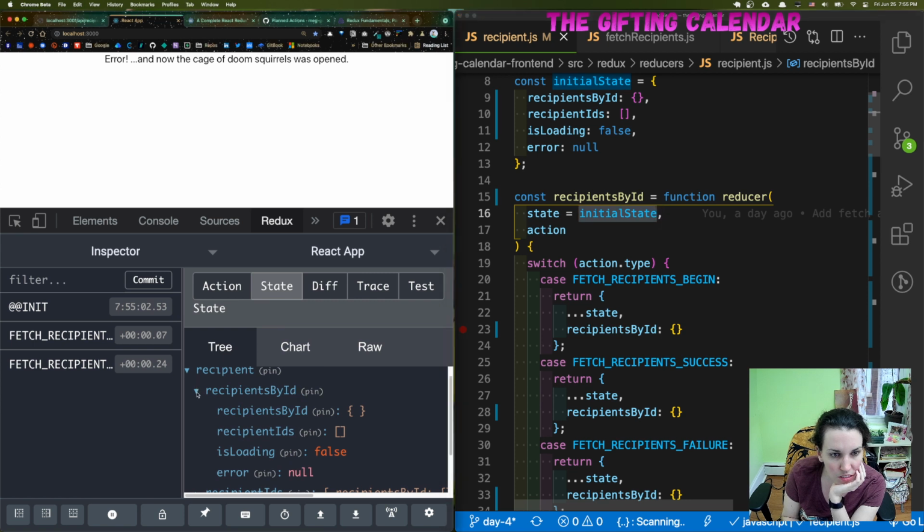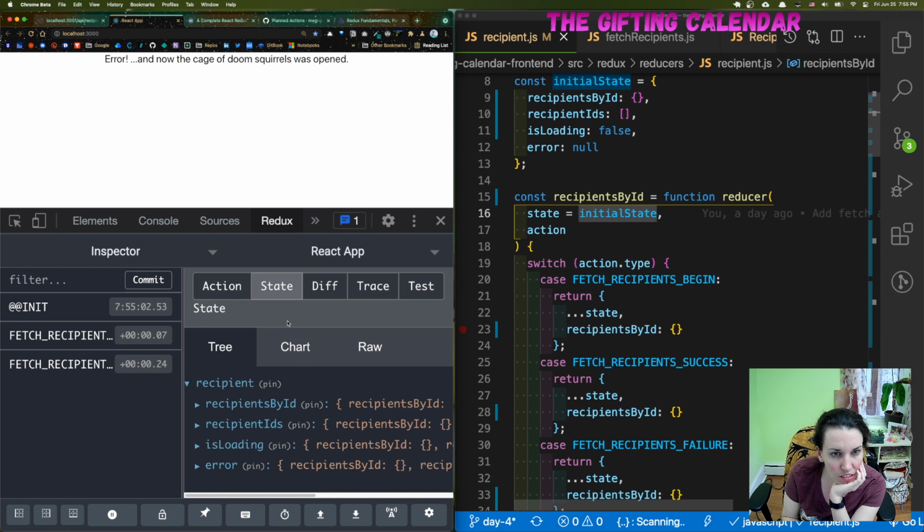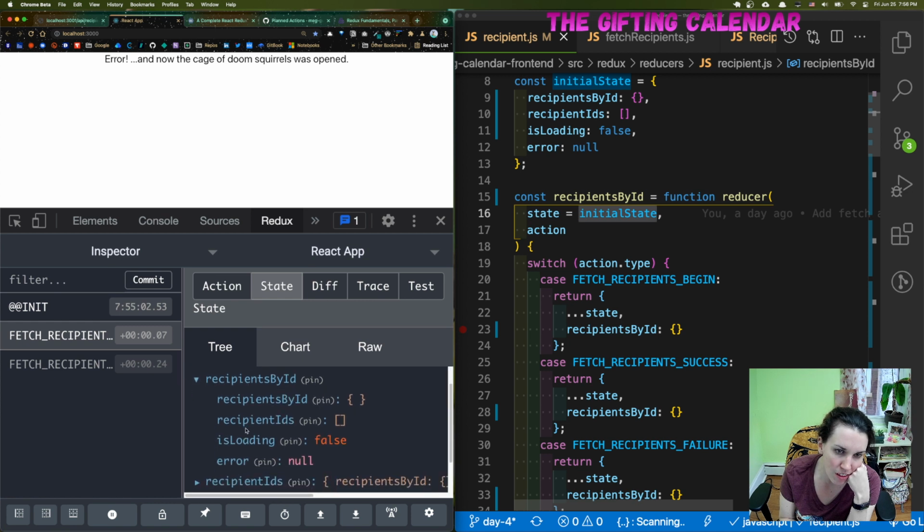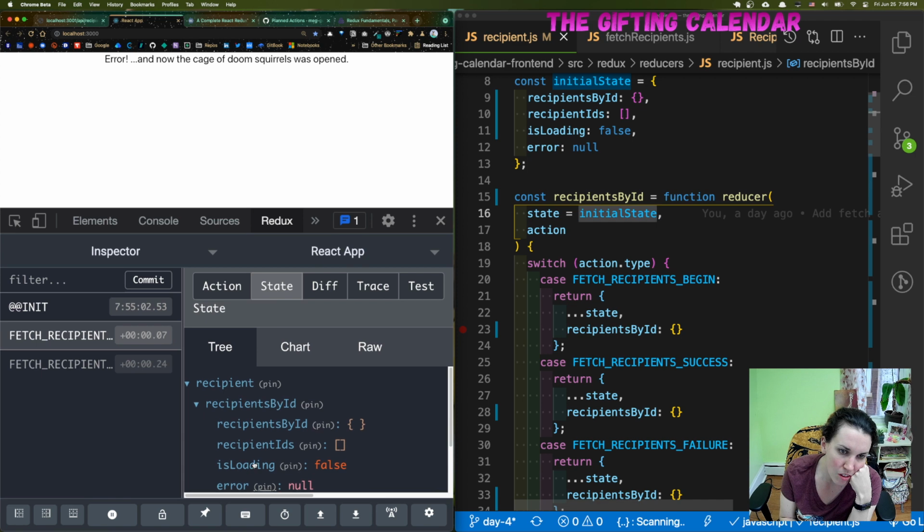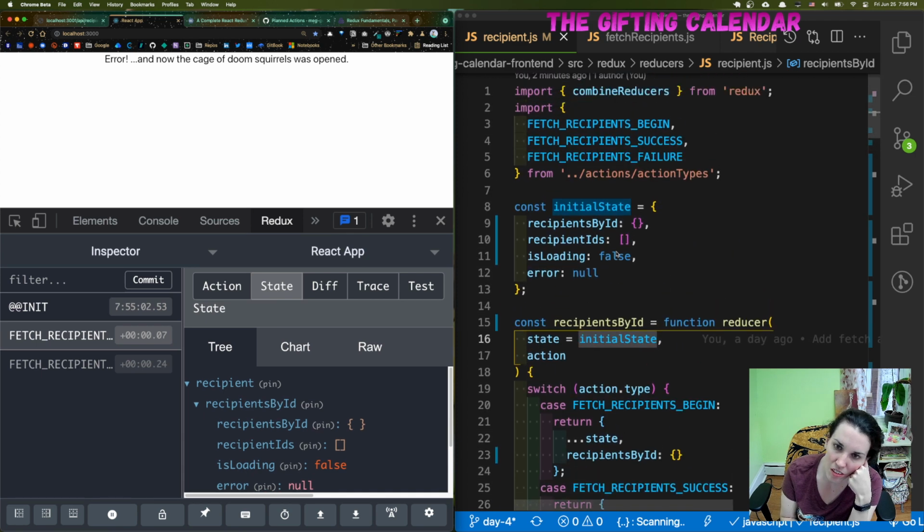I'm looking right now in Redux DevTools, and in my state, it has this recipient object, and these are supposed to be the props, but within the props we can see there's another level of props. So I'm getting something nested where it shouldn't be,